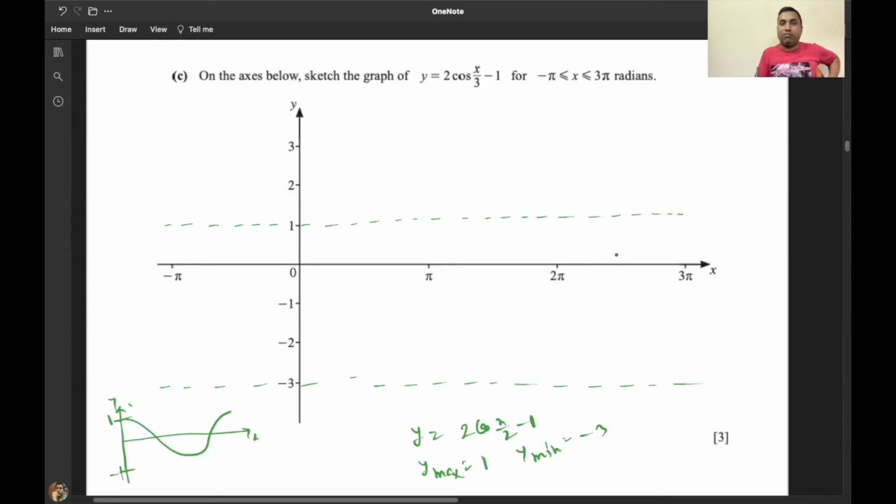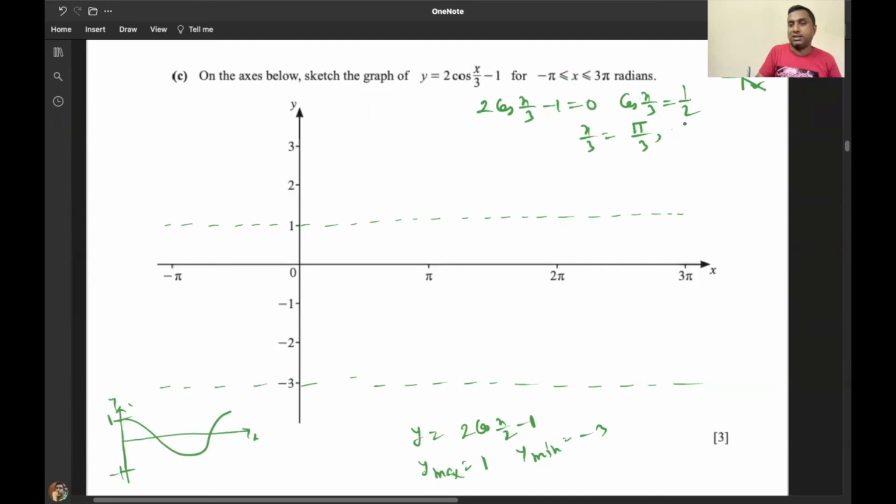Now let us see where the curve meets the x-axis. At the x-axis, y equals 0. So 2 cos x by 3 minus 1 equals 0. If you simplify, cos x by 3 equals half. This lies in the first and fourth quadrant. So x by 3 equals, if you take the inverse, cos inverse half is pi by 3, or